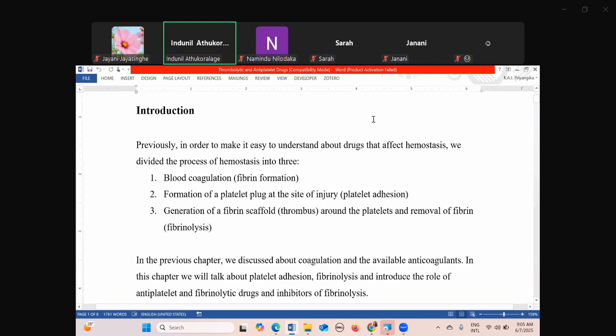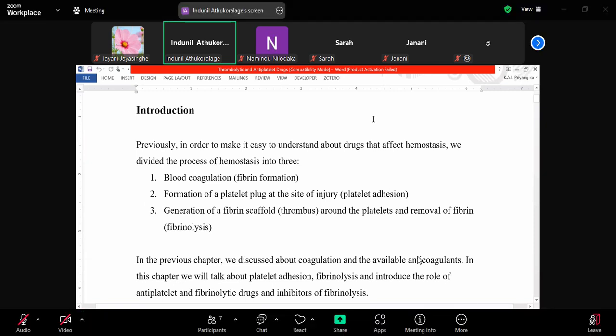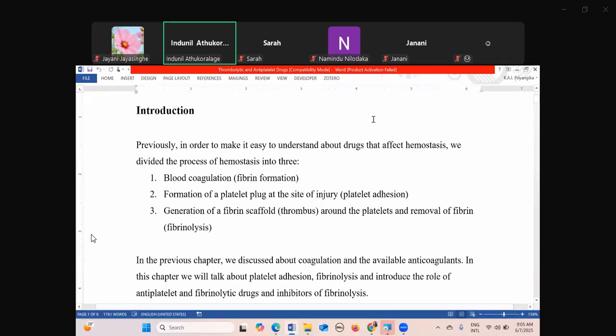So they plug together with the vessel endothelial matrix, which is known as platelet adhesion, and with each other, platelet aggregation. So when they stick to the endothelial wall, we call it platelet adhesion. Adhesion meaning it's like sticking to something, right? And then when they stick to each other, now